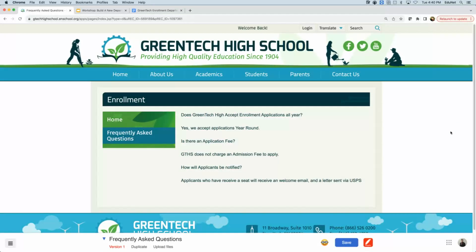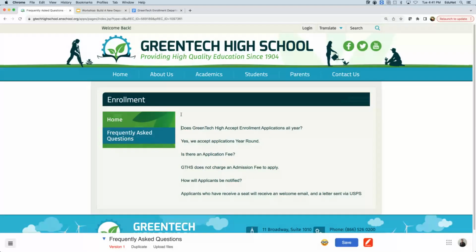Perfect. Now, there's still definitely work to be done here. One of the things that we need to do is make sure that we go in and add on those headings. So with the headings, we'll start by adding those on. We'll add the first one, and this will kind of serve as the title of the page. In most cases, for every page you create, there's only one heading that you'll set as heading 1. So I'll start by typing out admissions frequently